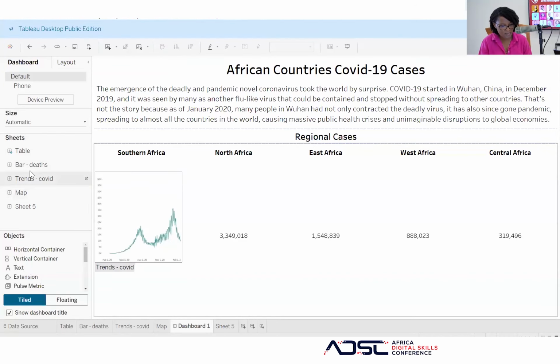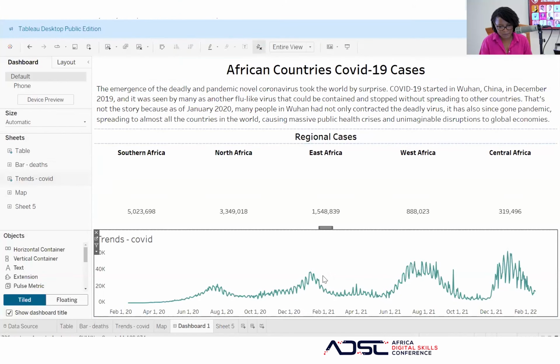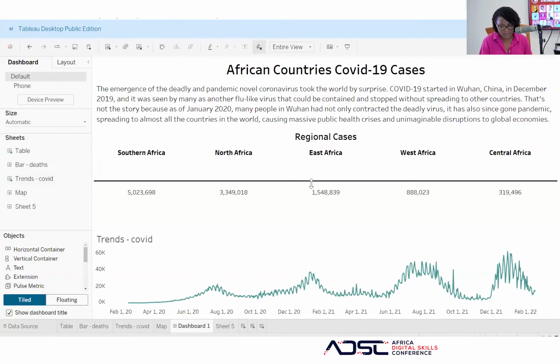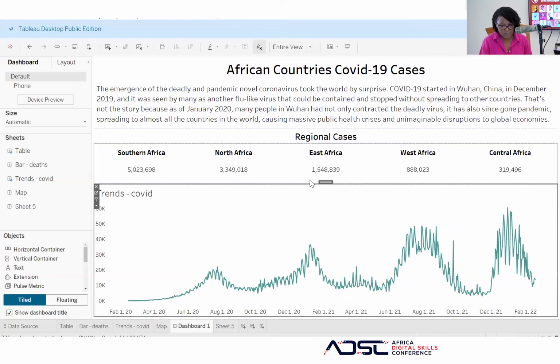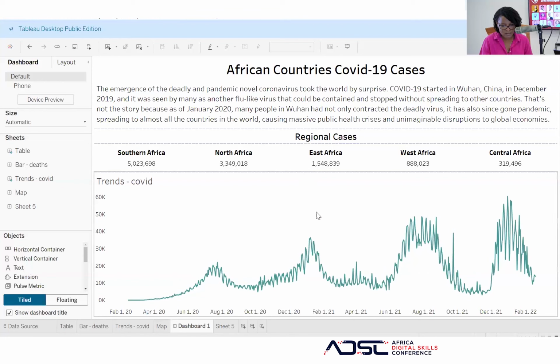Now let's bring our next thing here, which is COVID trends. So we put it here. So we have the COVID trends here. So we increase it. As you drag it up, you will see that it's here. The other thing is that,